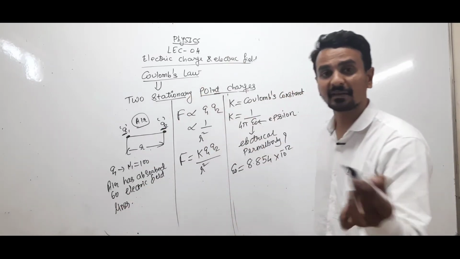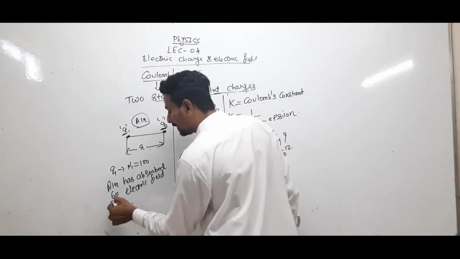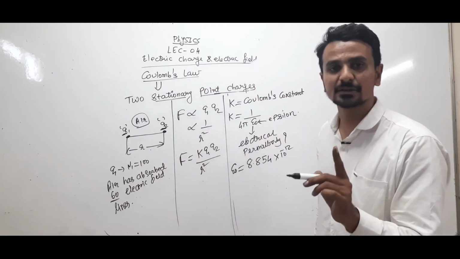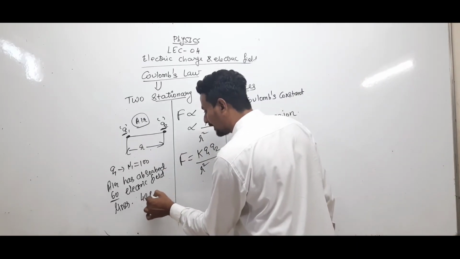60 electric field lines are being absorbed by the medium. So 60 is known as permittivity. This should be clear. Only 40 electric field lines